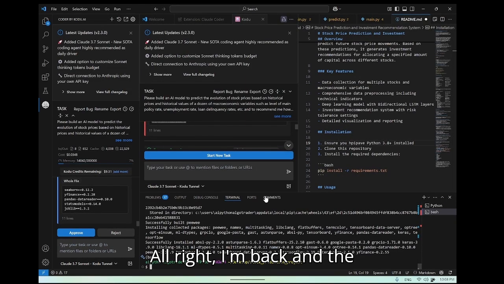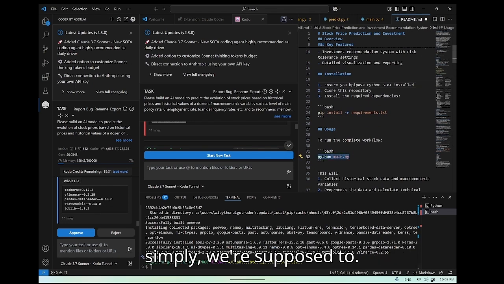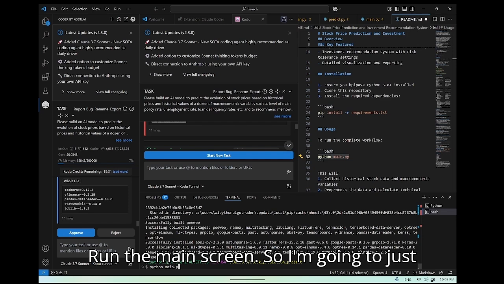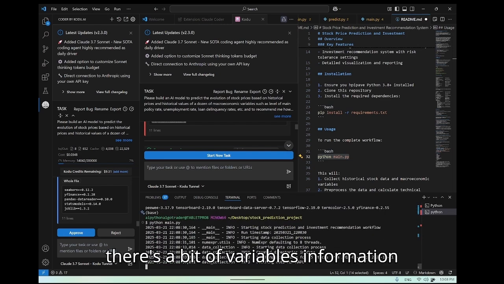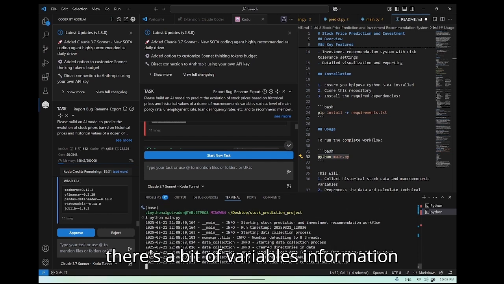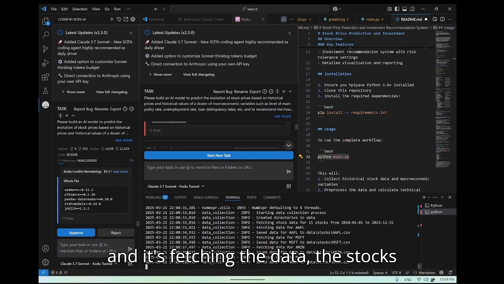All right, I'm back, and the installation is over. Now let's go to the next step. So very simply, we're supposed to run the main script. So I'm going to just do that. All right, there's a bit of verbose information, which is good, about what it's doing, and it's fetching the data,